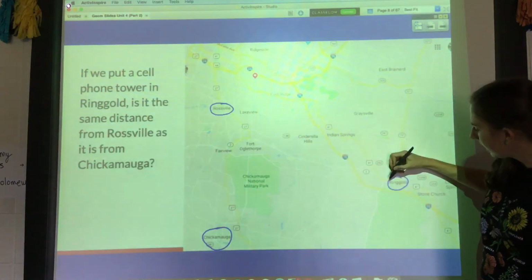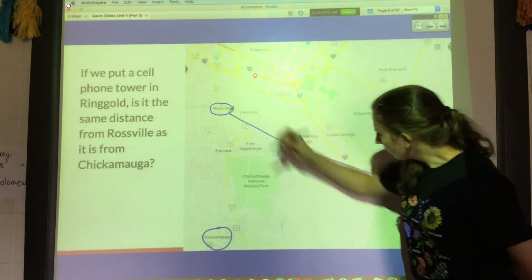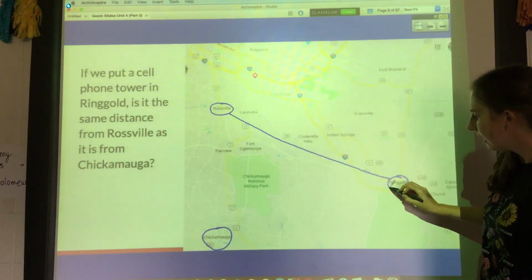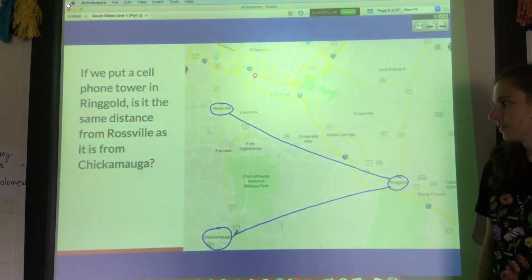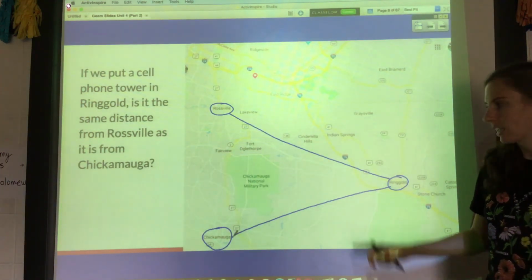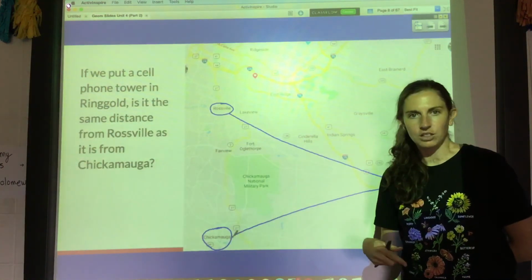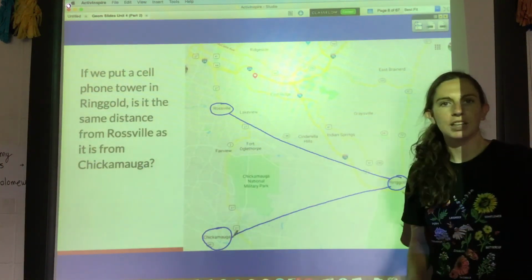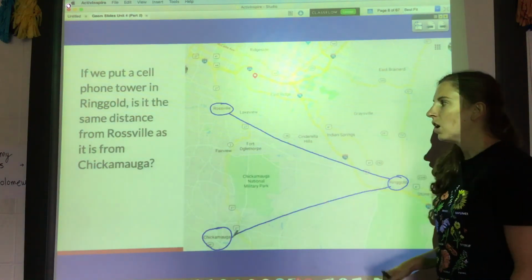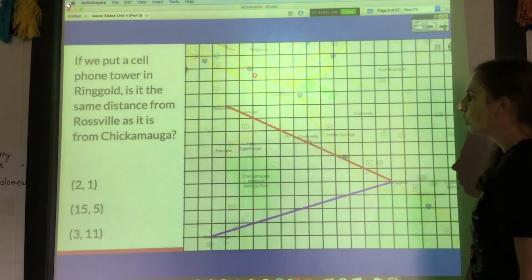What do you guys think? Is this length, oh, that was not a very good line, sorry. Is that length the same as this length? And how could I prove it? On Google Maps, there's a little measurement feature where you can actually measure this stuff. I could get out a ruler or a tape measure and physically measure it, or I could form it into